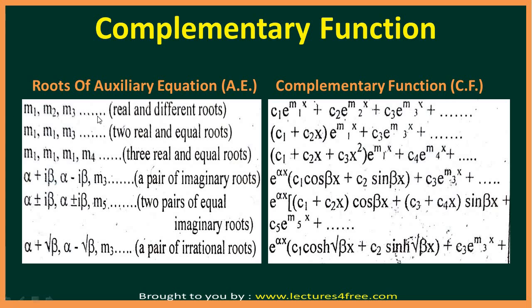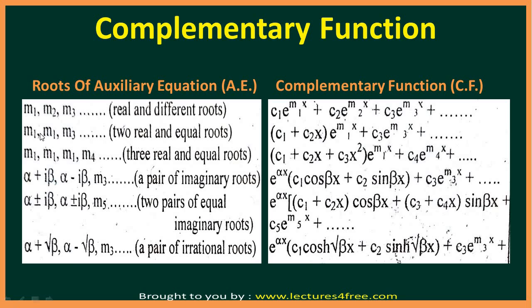For m2, c2 e to the power m2x. So for each real root you get a constant and one exponential term like this, with that real root in the exponential power. Okay,